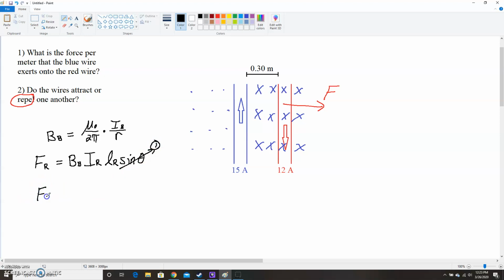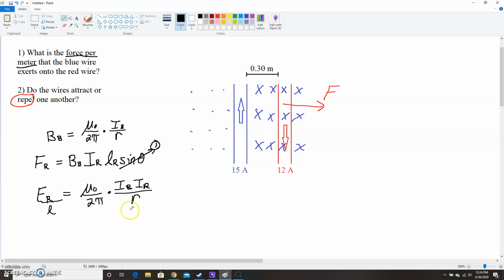That means that the force on the red wire is going to equal mu naught over 2 pi times I_B I_R over R. And I'll divide this by L because it did ask for the force per meter,